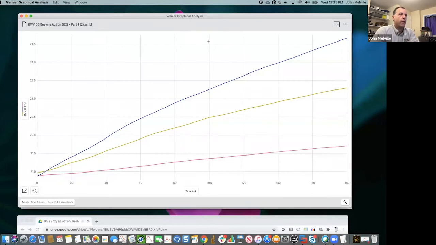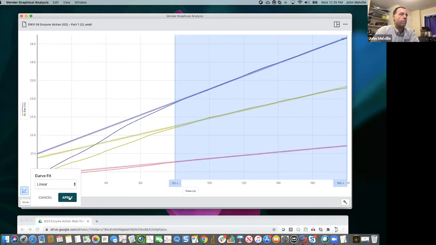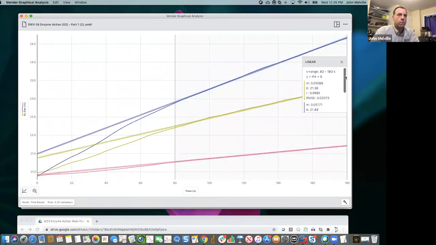And if we take a look here, like the last 80 seconds, and you can probably guess that I was using a stir station because look at how pretty and nice that data looks. And if I go to apply curve fit, you can see that this one has a slope. What's the smallest one? 5 drops has a slope of 0.4. You know, twice of that would be 8. It's close, it's 0.010, so it's a little higher, and then twice of that, 10 times 2 would be 20. For 20 drops, here we go, that's close. And